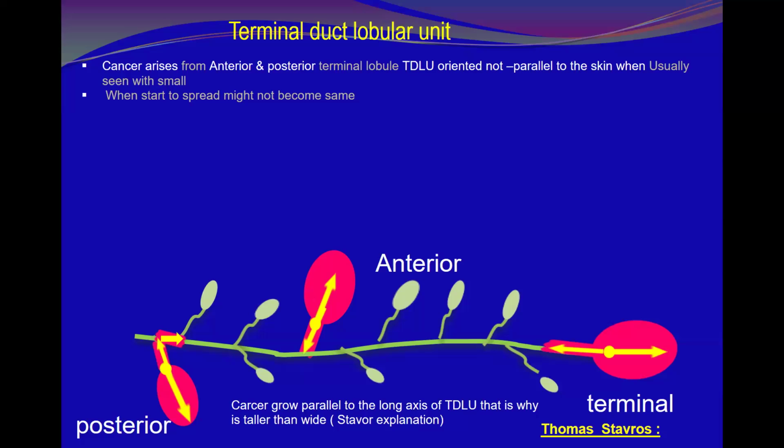What is the theory behind the orientation of ultrasound masses? There are many theories in the literature: lack of rotation of fixed malignancy, growth across tissue planes, only measuring the central nidus, and compressibility of malignancy. But the most suggestive theory is the reflection of the axis of orientation of the TDLUs in which a small cancer arises.